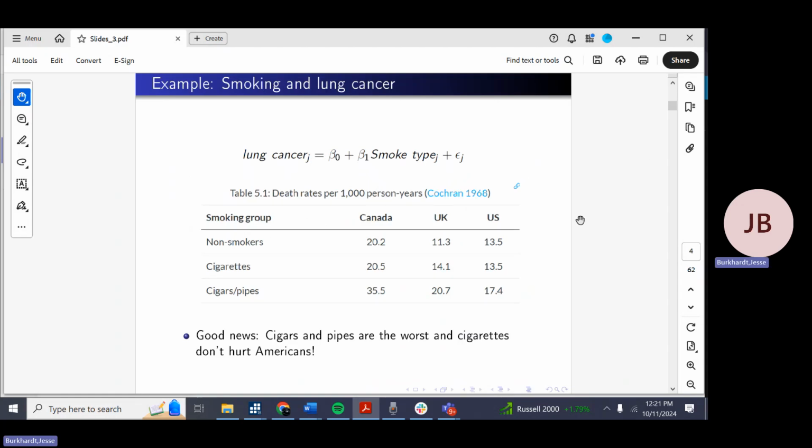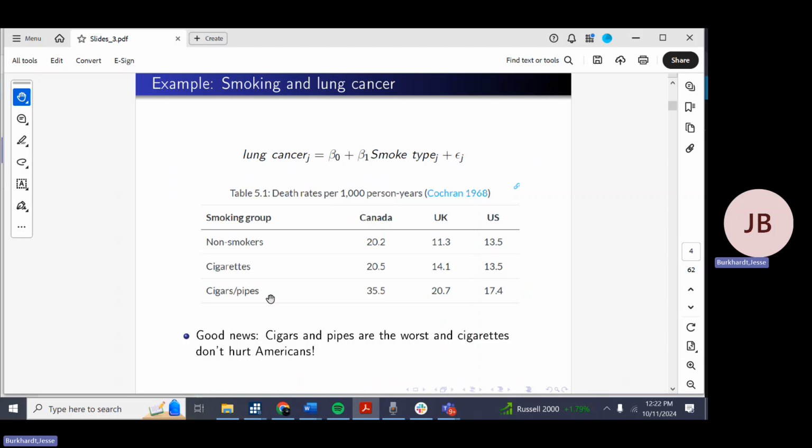Let's look at an example: smoking and lung cancer. Our goal is to estimate the relationship between lung cancer and smoking type. We're not actually going to look at a regression. We're going to just look at differences in means across groups. And then we're going to talk about why this can go wrong and the first way you might think about adjusting for confounders. So this table is death rates per 1,000 people,